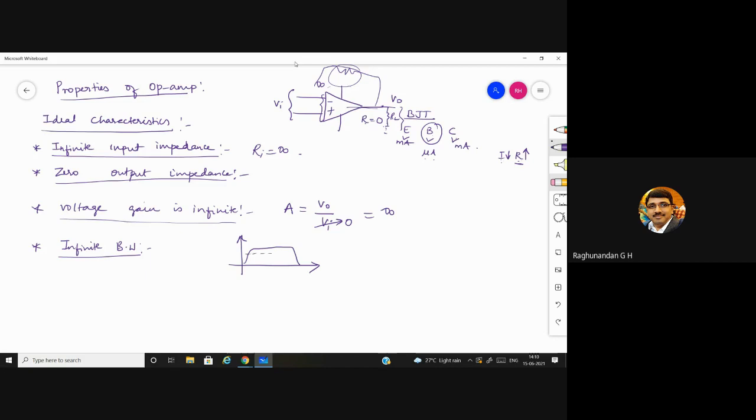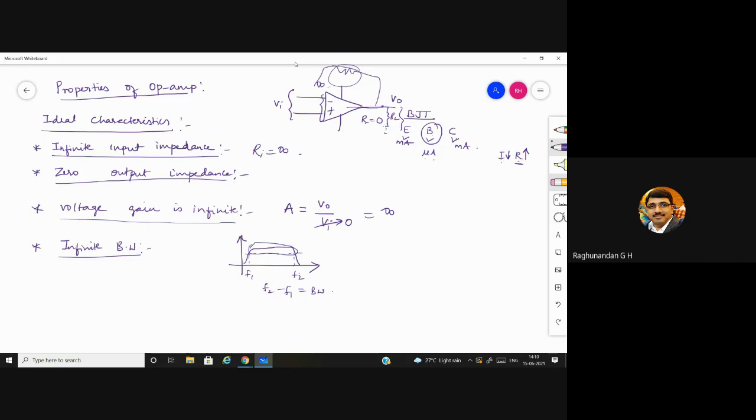We used to take 3 dB downwards, mark the points, and find F1 and F2. F2 minus F1 was giving the bandwidth,